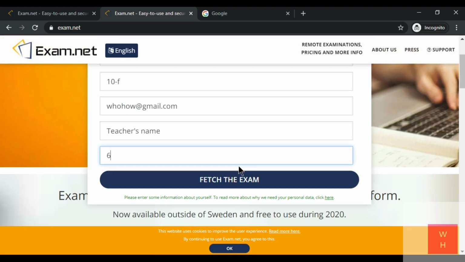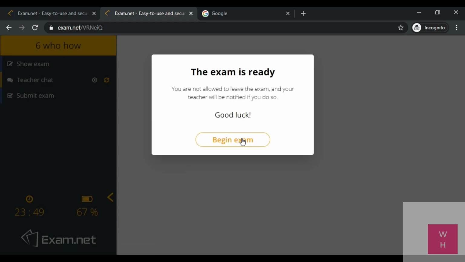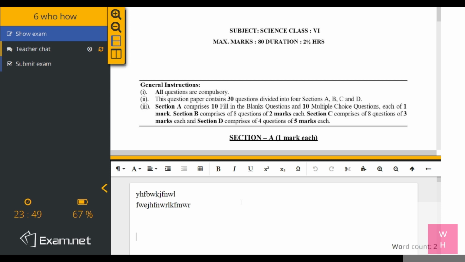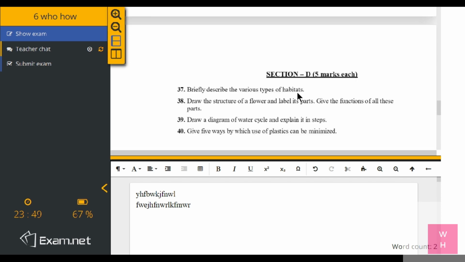Say I'm roll number 6 and I have entered the exam. The exam is open and I enter the exam at 10 a.m. exactly, and I am starting my exam and it's been say 1 hour. So I'm writing my exam, I'm writing everything that I know, every answer that I know, and say I am on section D right now. For example, say I'm on